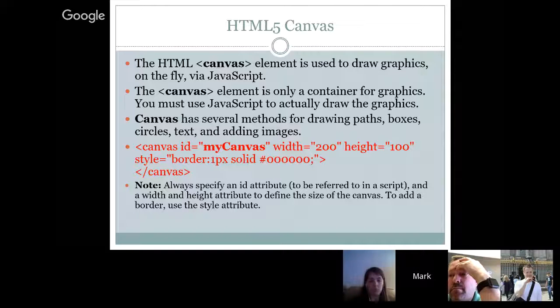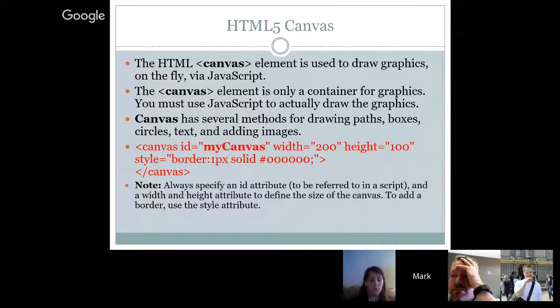And so canvas, and then you write the ID. So it's kind of like you got to use the camel case if you're going to do that. And then the height and width and the border of the whatever you want to display. And then when you write your JavaScript, you see, I don't know the right terms, but you want to call the ID of my canvas. I don't know if that's the right term, but